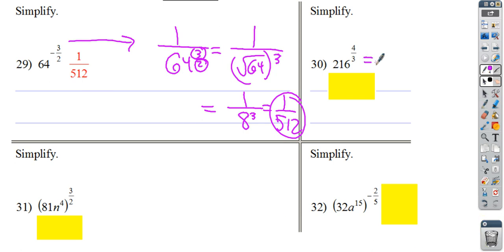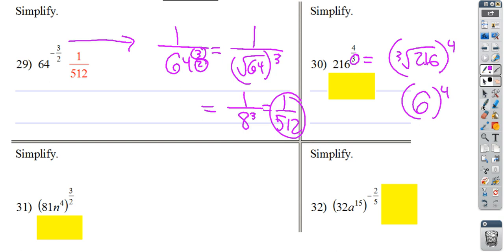Okay, right here, this is saying take the cube root of 216, because the root is on the bottom, and then raise that to the 4th power. The cube root of 216, what number times itself 3 times is 216? That's 6. And then 6 to the 4th power, 6 times 6 times 6 times 6 is 1296,